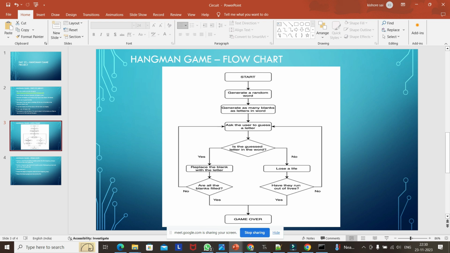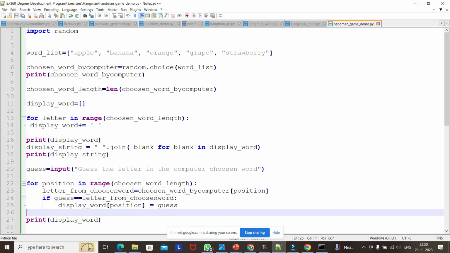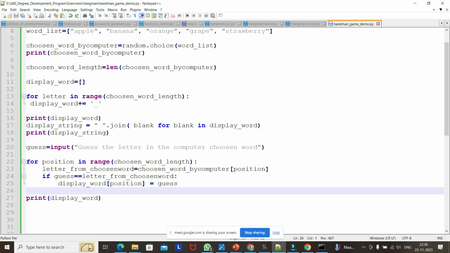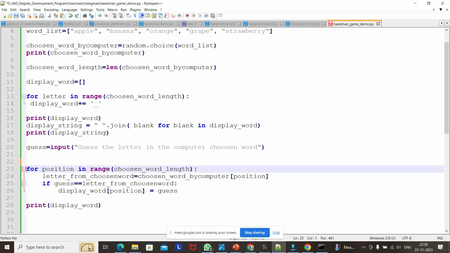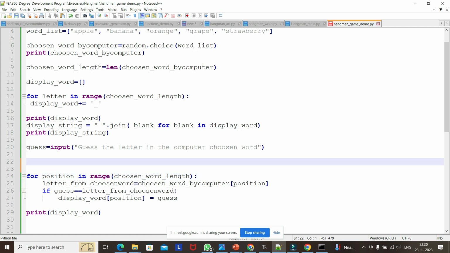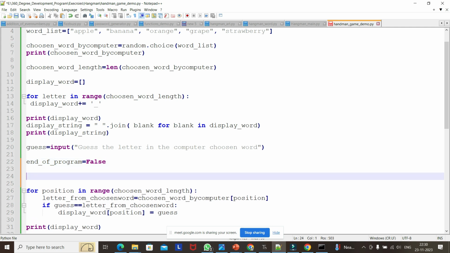but it is not going in the while loop, right? So it is not asking the user to again give the user input. So until all the blanks are filled, the program should ask the user for the input. So how will we be doing that? We will be using one variable again, end of program equal to false. So now what we will do,